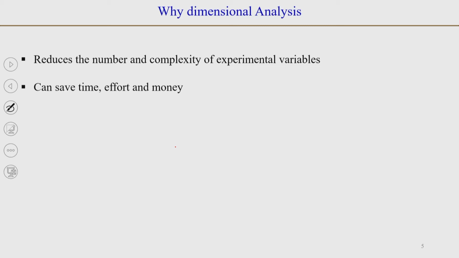Now, of course, this will save us a lot of time, effort and money when doing experiments. We can plan our experiments to prove a theory or numerical simulations, so that the time and effort to do experiments and simulations is reduced. And once we have figured out what the important dimensionless groups are, we can vary the dimensionless groups and find out the dependence on the parameters.